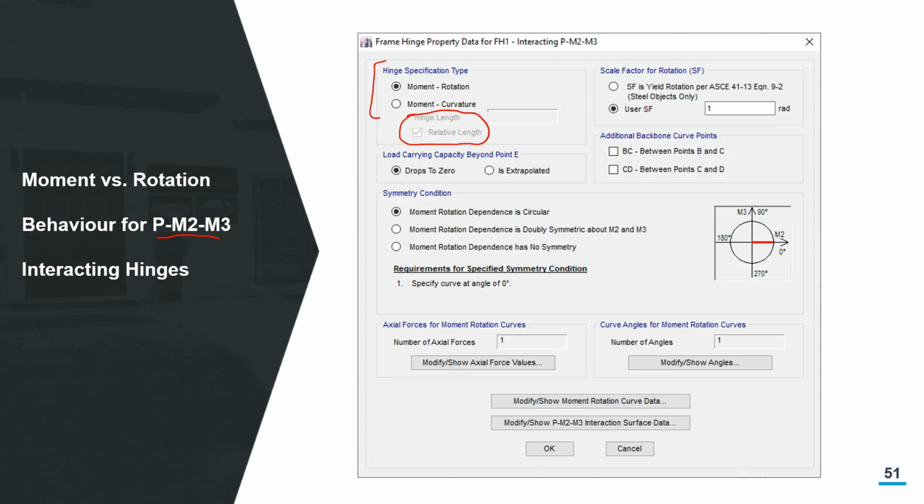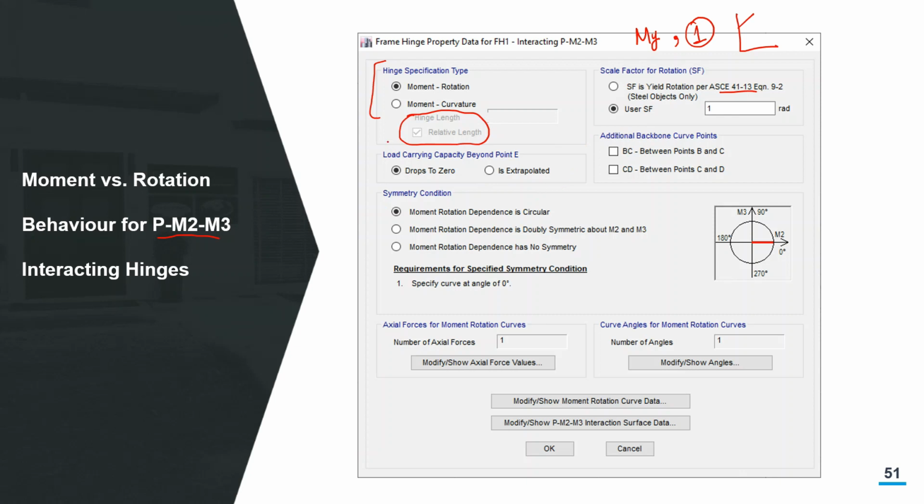For moment, in the case of beams we were using the yield capacity My, and for rotation we were using just 1 as the scale factor, because we were defining the rigid plastic hinge which starts from the yield point. So we just give 1 as the scale factor for rotation. The same we can do for columns. Alternatively, we can go for the ASCE 41 table, and the scale factor can be defined from there.